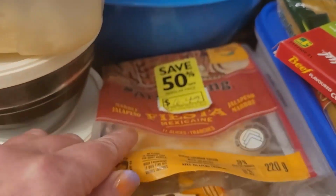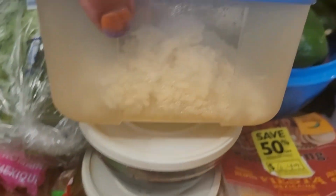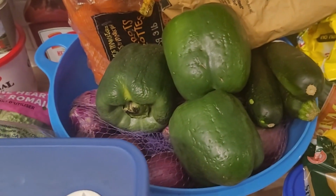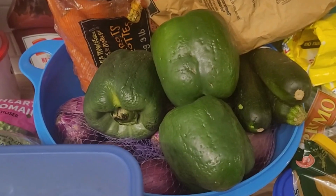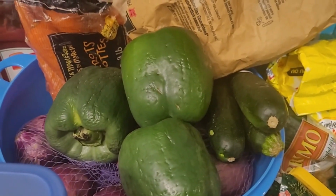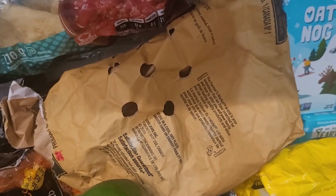You can see how much. This is leftover quinoa salad. This is olives. This is some of the rice that I cooked. In this big container, there's all kinds of red onions on the bottom, 3 peppers left, and you can see they are not lasting super long. 3 small zucchini, the new bag of carrots that came in the flash food box, a few little potatoes left